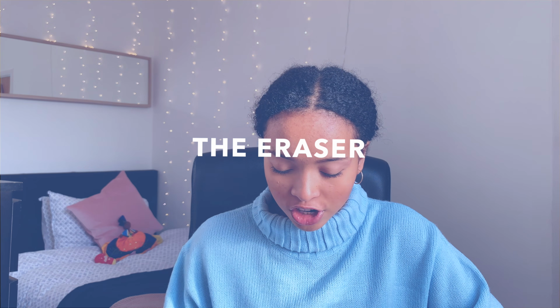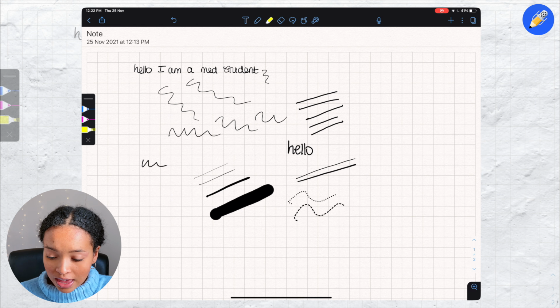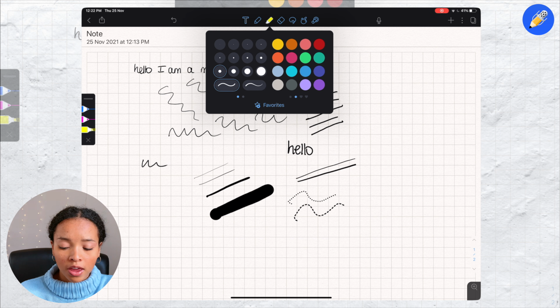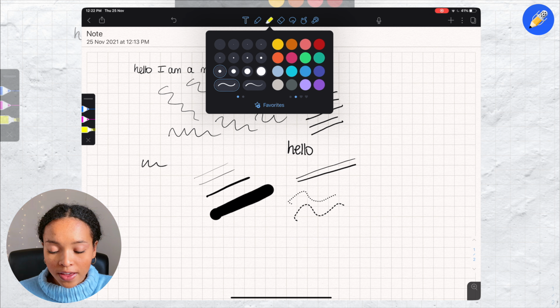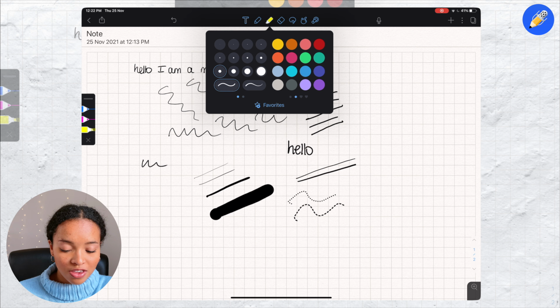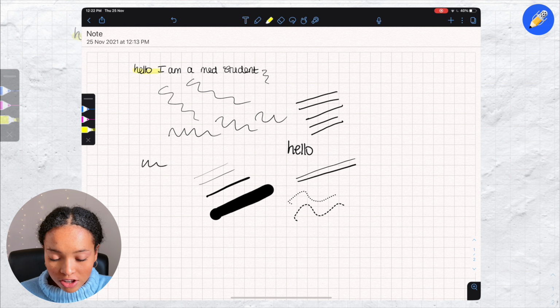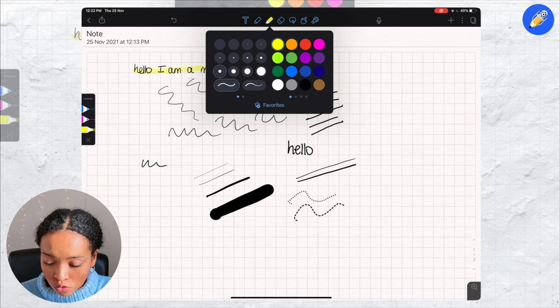So how does the highlighter work? So let's go back to Notability. Highlighters are here. It works very similarly to the pen situation, so I'm not going to go through that again. But again, the thicknesses are predefined and you can highlight in the same way as you can write. So you can have the ball pen highlighting situation, which is just one long stroke, or you